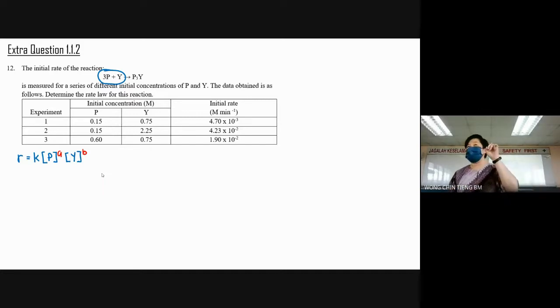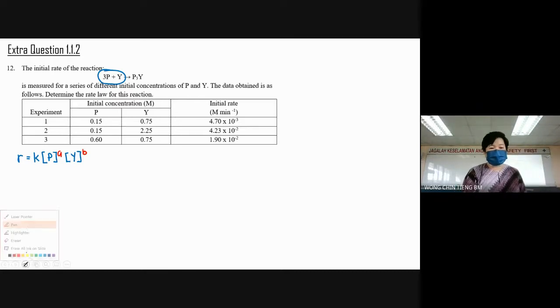Okay, label. Step 1 of the general rate law wajib kena ada, sebab kamu kena tahu apa yang kamu nak kira. Okay, wajib tulis. Second thing, when you are done with that, if I am looking for A, kalau saya nak cari A, bermakna P kena berbeza dan Y kena sama. So, apa maksud saya? Tengok kat eksperimen, tengok eksperimen mana yang Y sama. Eksperimen 1,